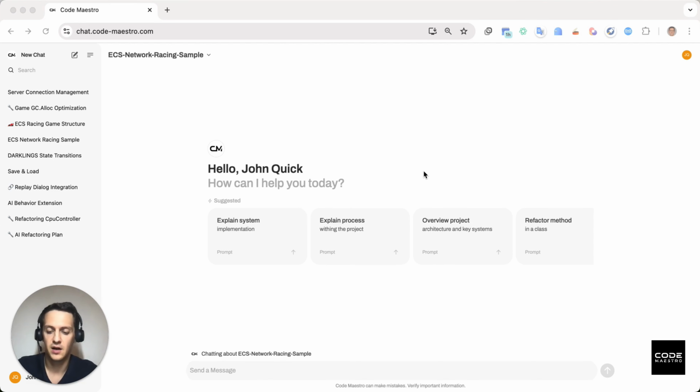So let's imagine I'm a new developer who just joined the project, and I'm trying to figure out how a particular important module subsystem of the game works. My example is the racing game. So I'll be asking about something like vehicle simulation, let's say. Let me ask Code Maestro about an overview of the vehicle simulation feature because I don't really want to bother